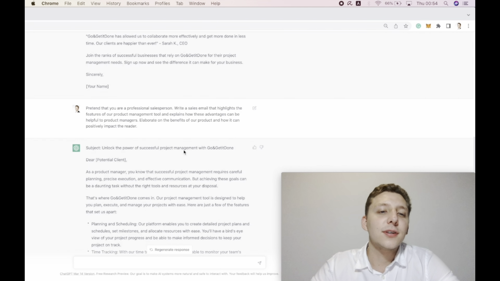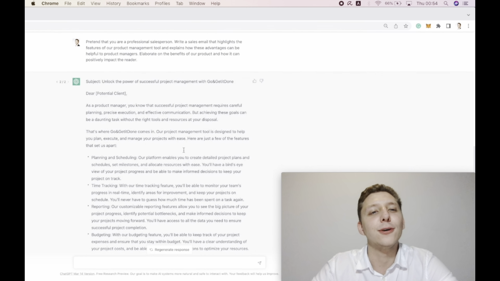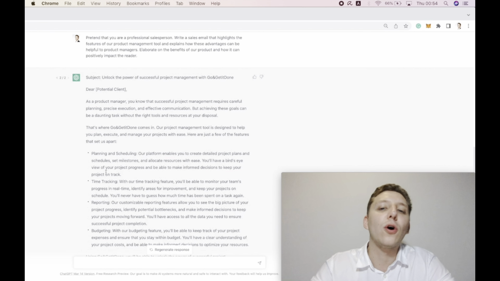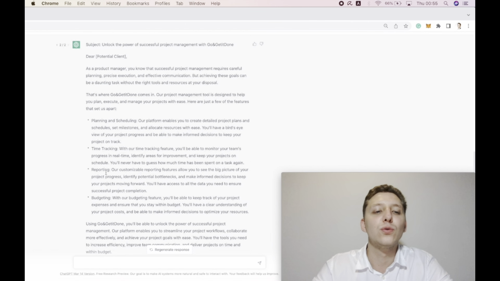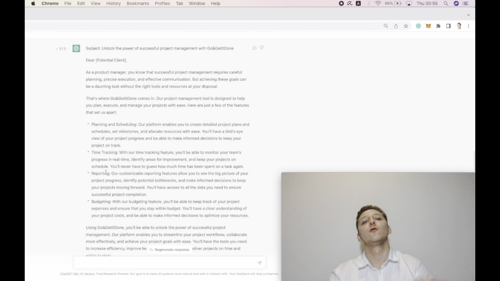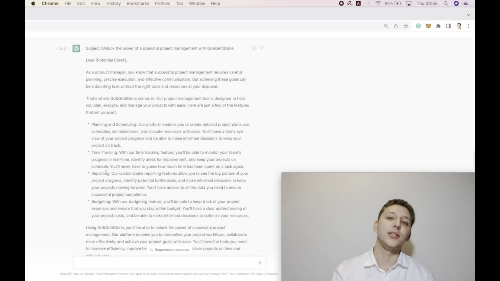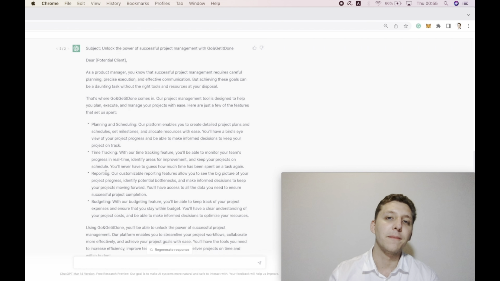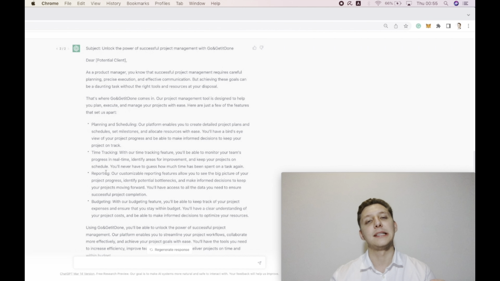The fourth prompt is going to be about the features, advantages, benefits. So this prompt, I wouldn't say use the whole email. I don't really use the email that this prompt gives, but it's super nice to see how it will describe your features. So how it presents your features, how it describes them. Some of that you definitely can use in your emails.